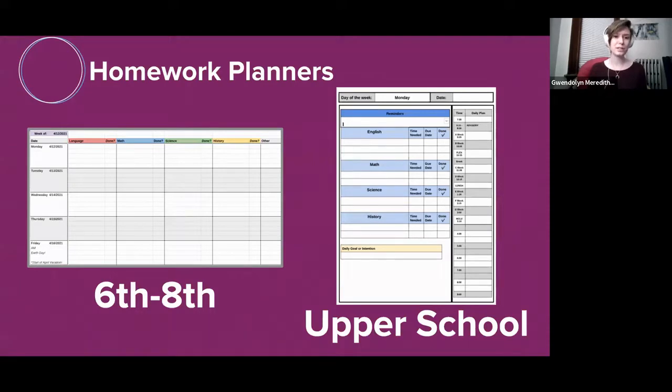So in the middle school and upper school, you can see we have some slightly different homework planners. In sixth through eighth grade, we have one planner. However, the way it's used is very different in sixth grade and eighth grade. In sixth grade, teachers will work with students to write down their homework at the end of every single class period. And then at the end of the day, they all have to get their planners signed off. In seventh grade, teachers might mention the homework and prompt students to write it down. And then at the end of the day, it'll always be checked.